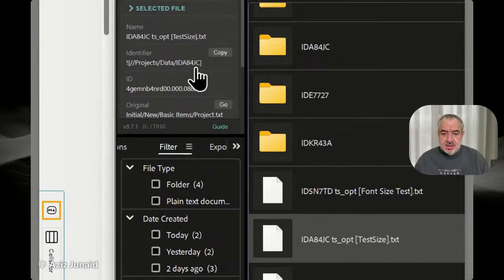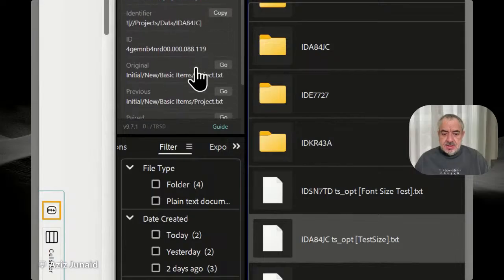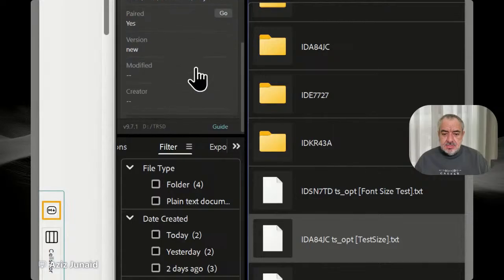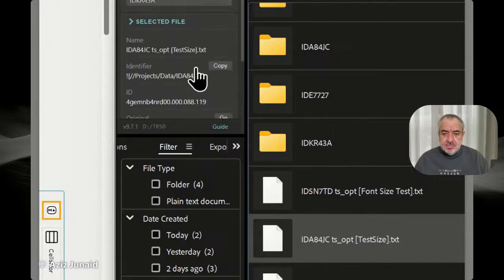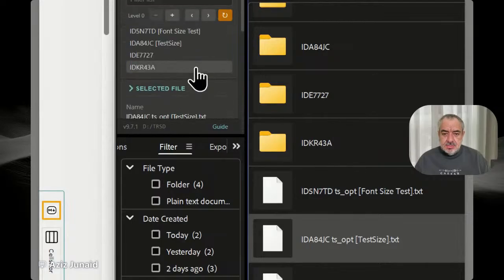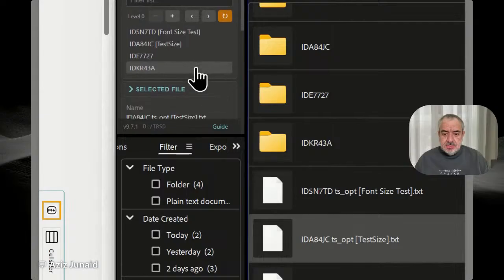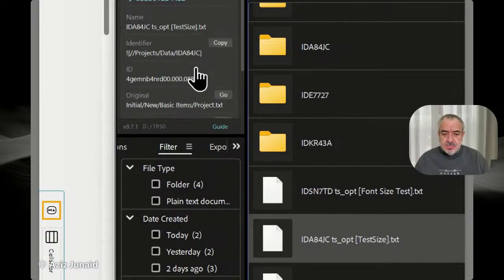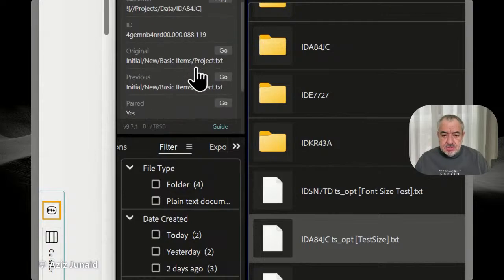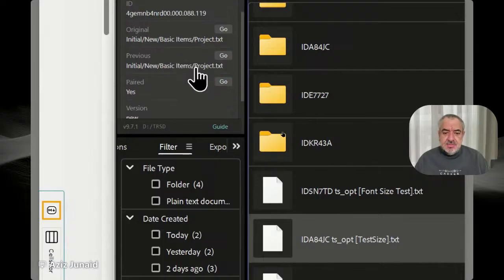You can see here it's supposed to show you paired. Yes, paired. So here paired, that means the file has a folder